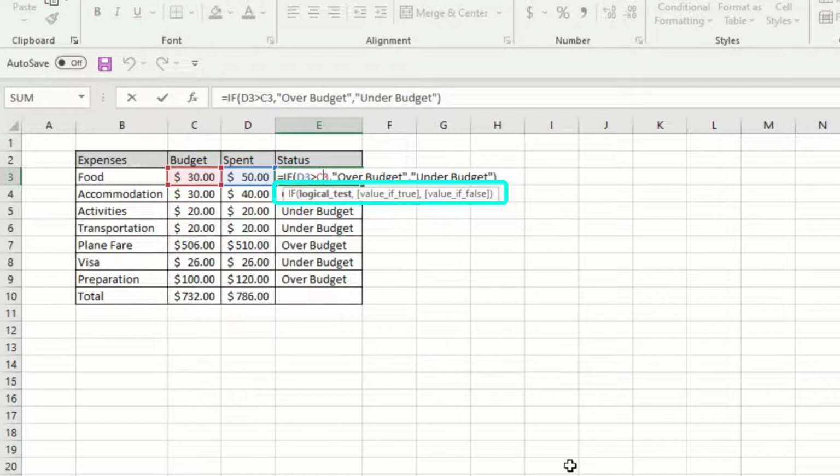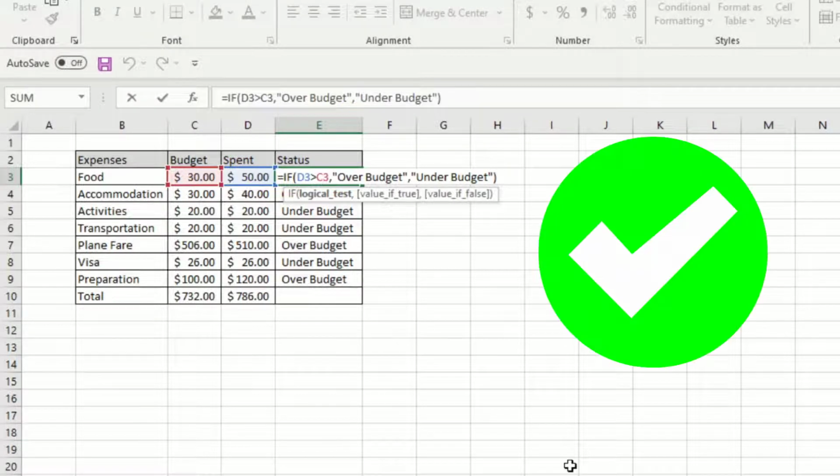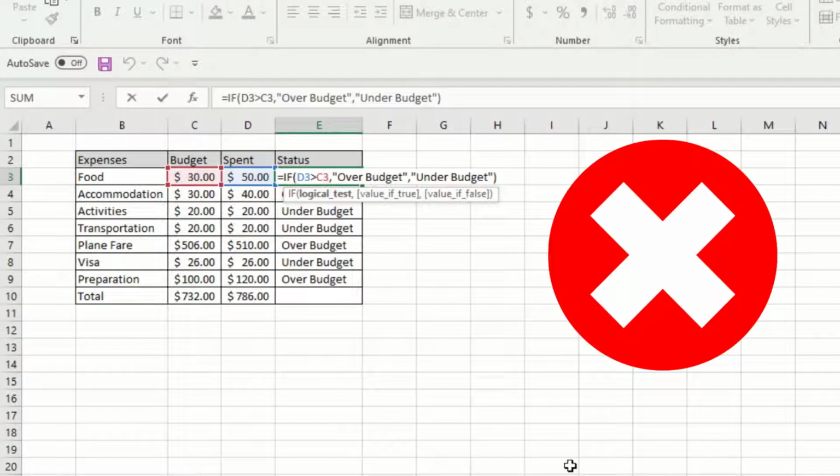The IF function is the most popular function in Excel. You can use the IF function to make comparisons between a value and what you expect. An IF statement can have 2 results. The first result if your comparison is true. The second result if your comparison is false. Example,